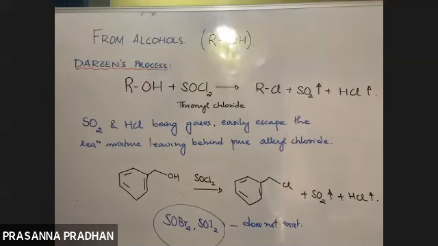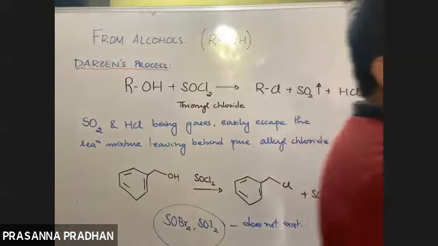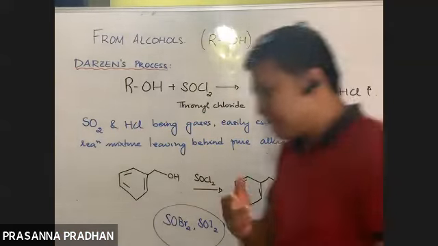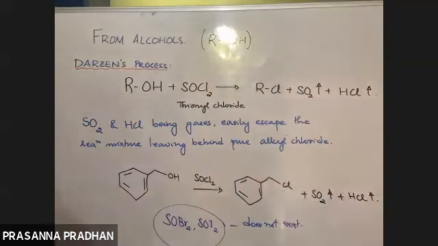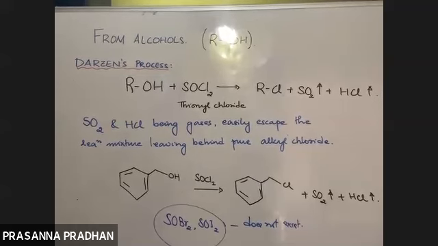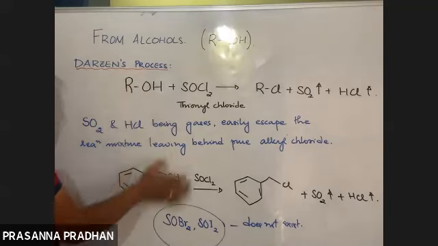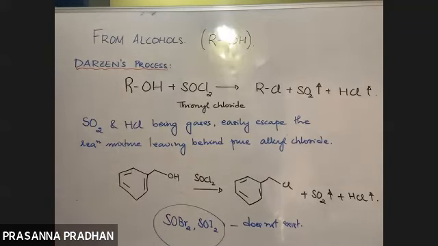So today, from alcohols, what are the reagents used to convert alcohols into alkyl halides? We have studied 3 or 4 reagents. One reagent is PCl5, the other is PCl3, the other is PBr3, PI3, and ultimately thionyl chloride. Remember these general reactions, not the individual reactions. Individual reactions are not possible to remember, so you must remember the general methods of preparation.